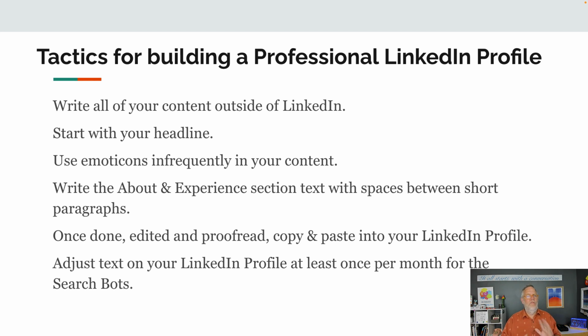I'm still on the fence with that, but I believe that has an important value in a Google search. I haven't proved the value in a LinkedIn search yet, but just the same, every now and then go look at what you wrote and ask yourself, did I write what I want to write, or should I write a little bit different? And if you feel you should write a little bit different, then by golly, do it.